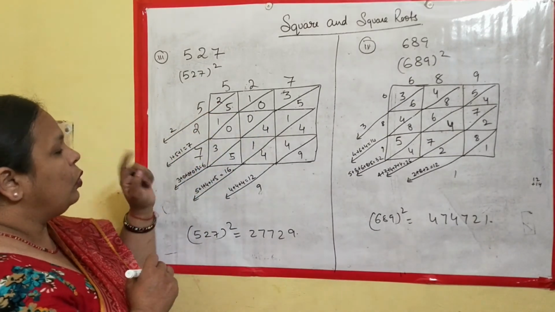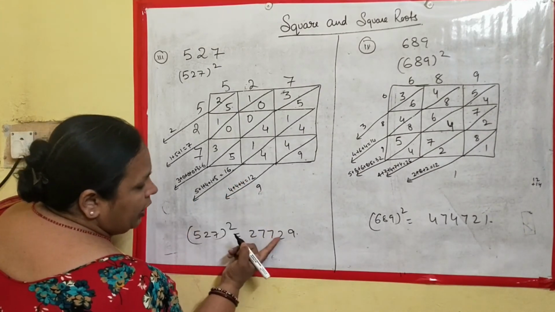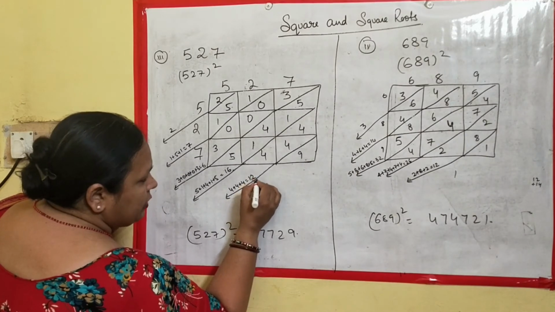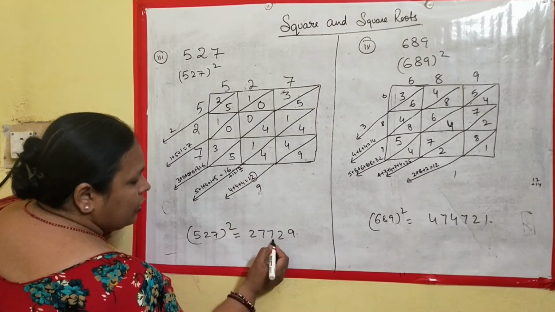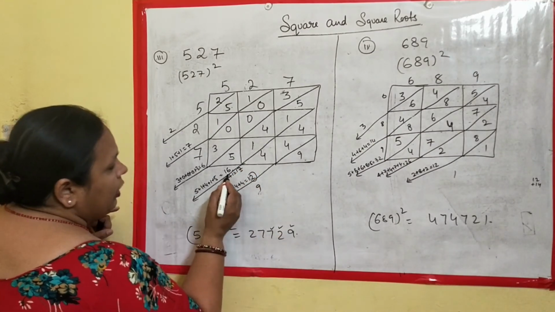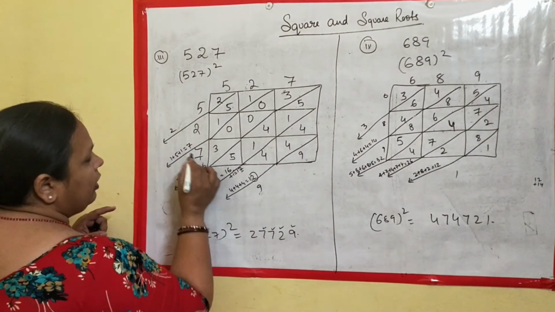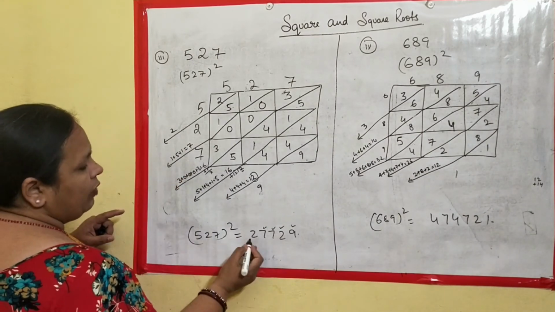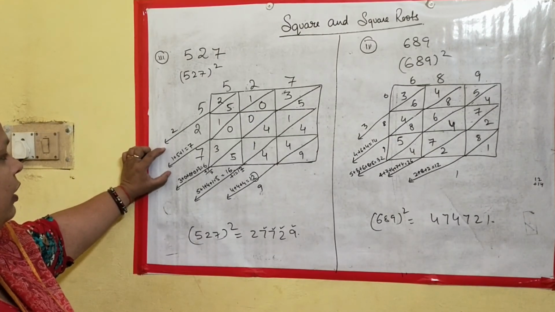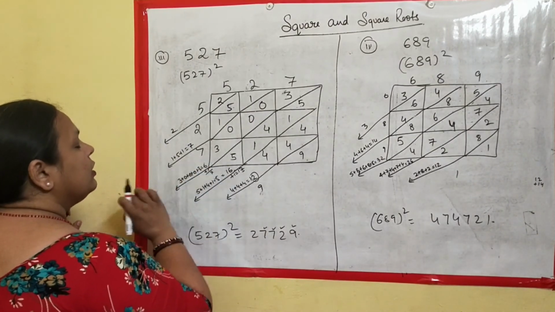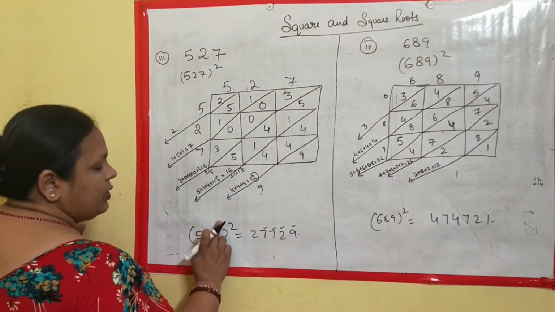1 plus 5, 6, 6 plus 1, 7. And this is your 2 over here. So what we will do is, we will take 9 from this. From 12, only the one's digit will be considered. So it is here 2. 1 goes up, 16 plus 1 becomes 17. So we are taking 7 here. Clear? Then 1 goes up, 6 plus 1, again 7. Nothing borrowed over up. So we have 2 over here. Clear? Now we have seen that we are getting 27729, that is, 527 square is 27,729.